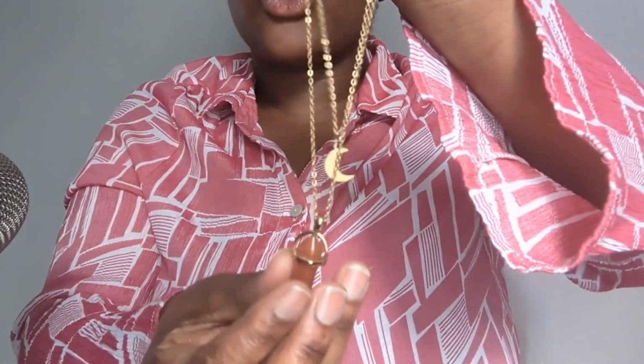And the next necklace that we have here, we're going to be looking at a crystal. If you know anything about crystals, they do well with determining how the year is going to go or how you are within your mental. So with this crystal here, it's great if you want to feel empowered or you want to feel in control